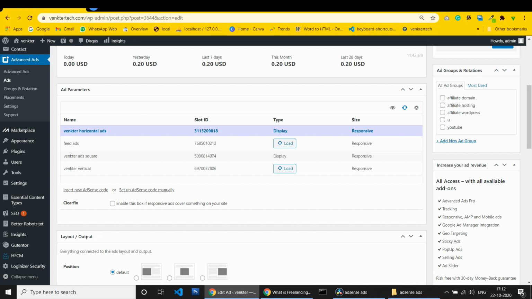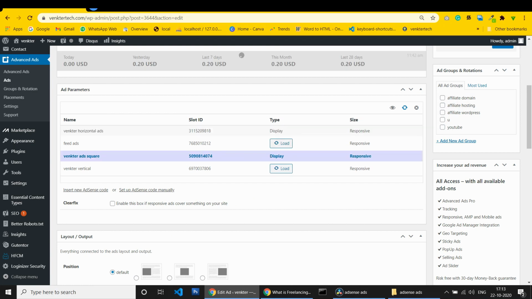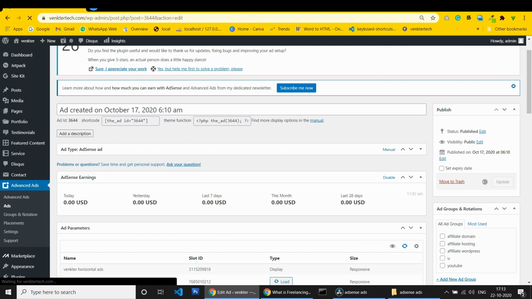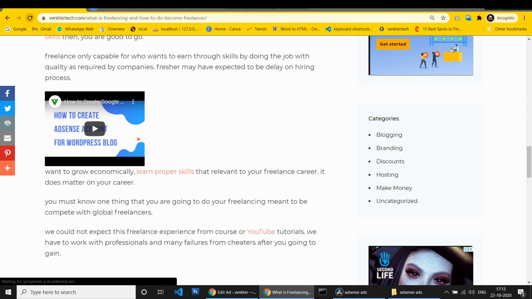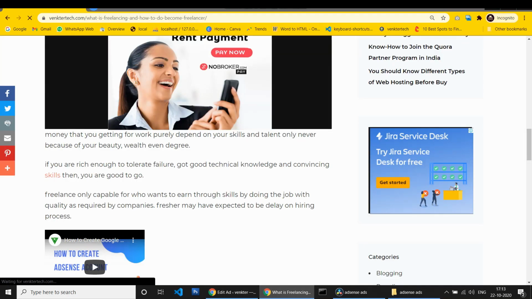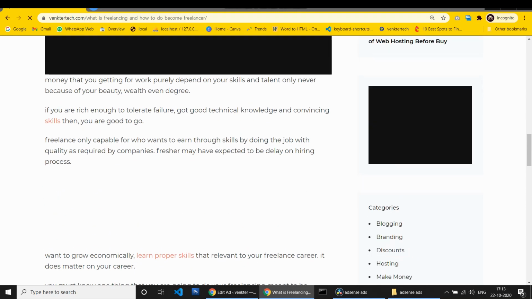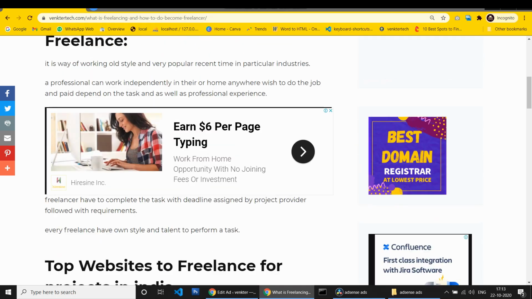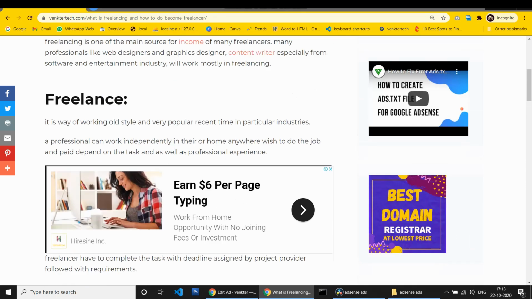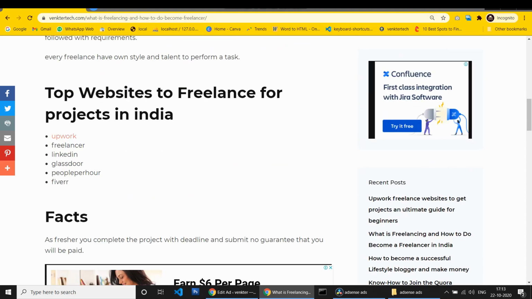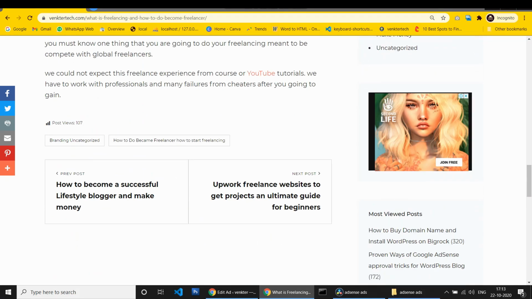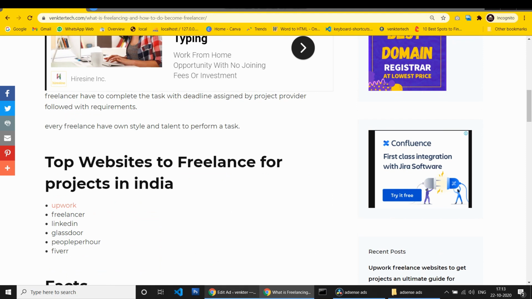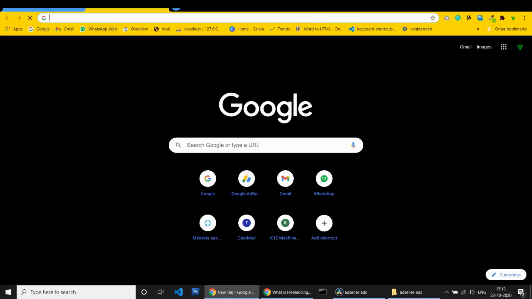Here we can see square or vertical. We make it like display. If I change, I have already shown the types of advertisement in AdSense.